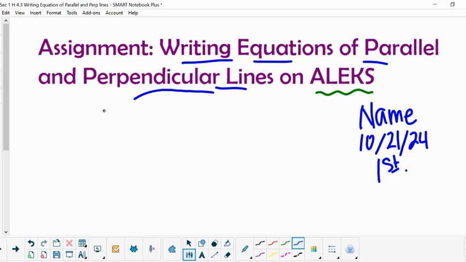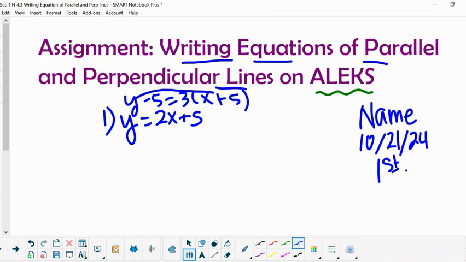Okay, so the work today, it'll often just be an equation. But if you have to start with point slope, I want to see that and solve that. If you have to solve the equation for y, make it say y equals mx plus b, I want to see that. And just a reminder, you guys, everything is